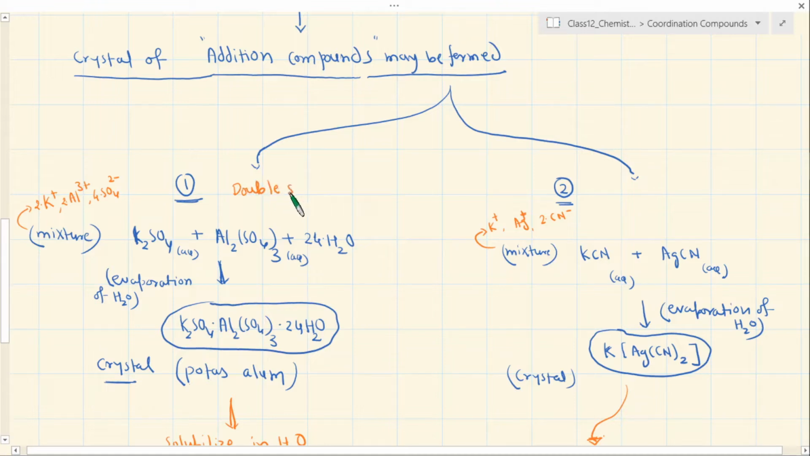Double salt. So there is a formation of double salt happening here. It's a simple double salt. This one scenario is referring to the formation of double salt. The second scenario, with a specific example, is referring to the formation of something called a coordinate,